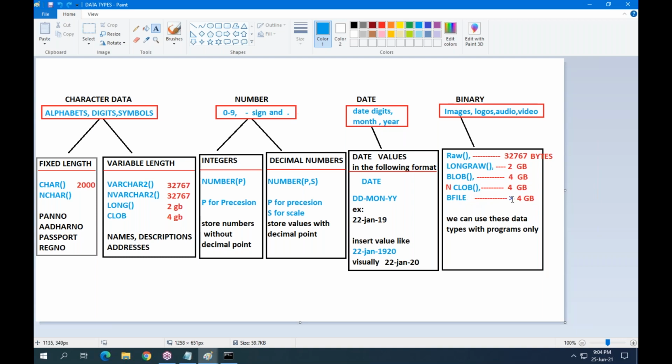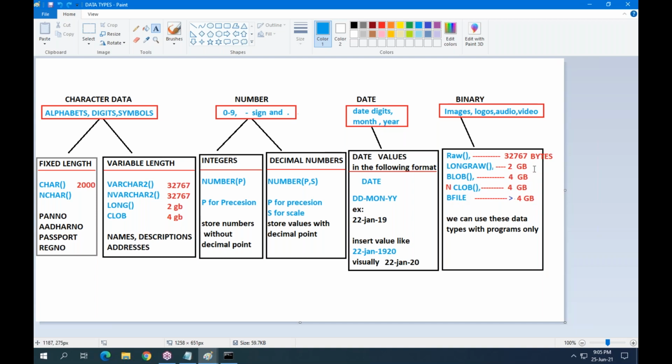Bfile: if any value, text data or binary data, exceeds 4 GB, then we can maintain the file as an external file. If you want to read data from an external file, use the pointer bfile. If you want to write data onto the external file, use the file pointer bfile.